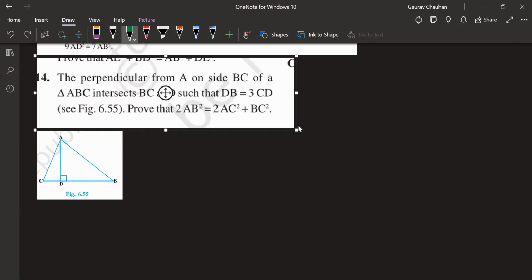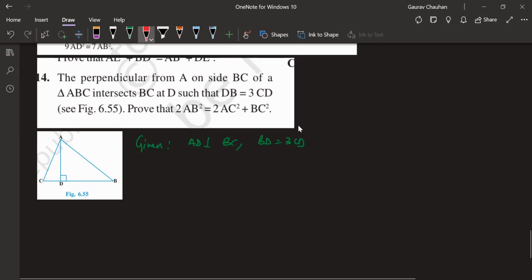Okay, so you write the given, whatever is here. You can write AD is perpendicular to BC, and of course you have to write DB is equal to 3CD. These are the two things that are given. To prove, we can write from here as it is. I'm not going to write that right now. So we're moving on to the proof. This is my to prove. Okay, AB square. So what all do I need?